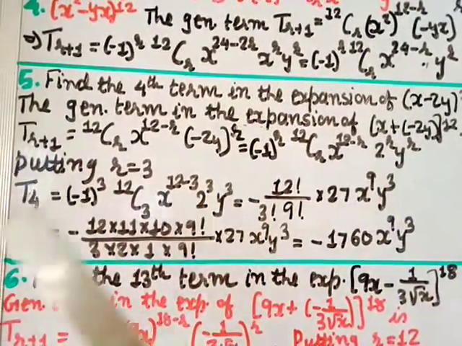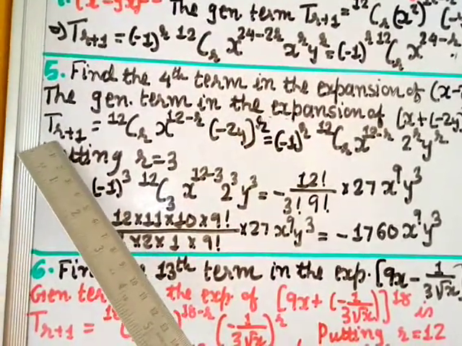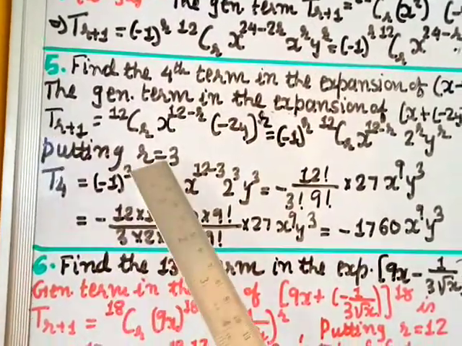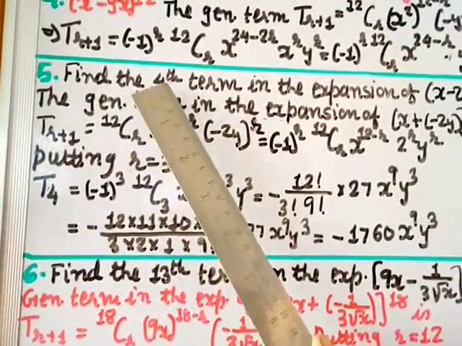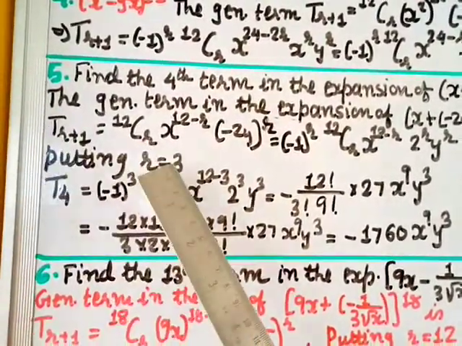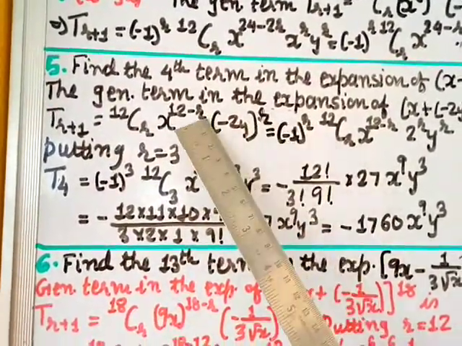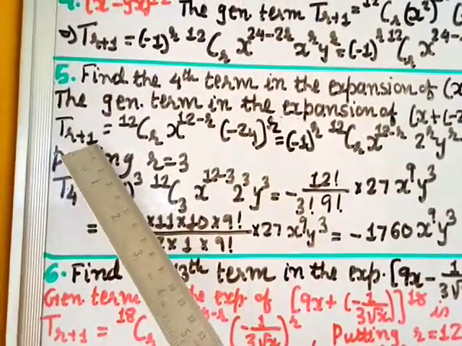Now they have asked us to find the fourth term, so I need 4 here. To get 4, I require to put 3 here, so I put r equal to 3 because they have asked us the fourth term, so t4 I have to find. So to find 4, I have to put the r value as 3, everywhere, wherever r is there, put 3. So here 3 plus 1 is t4